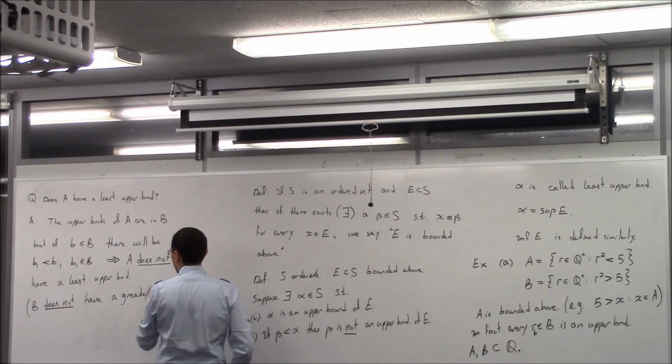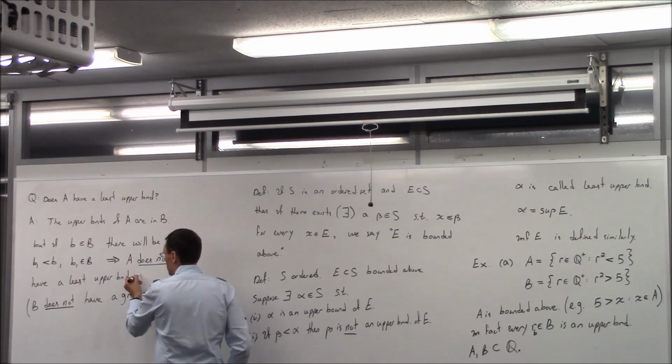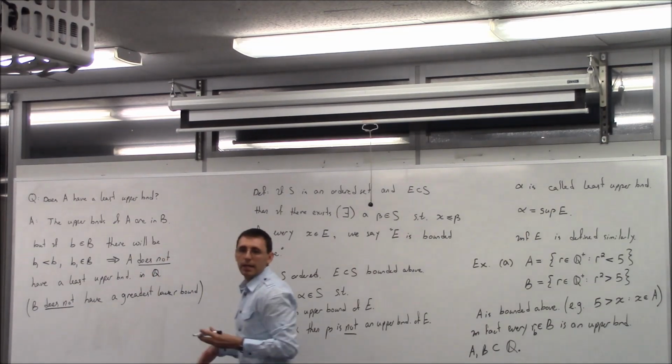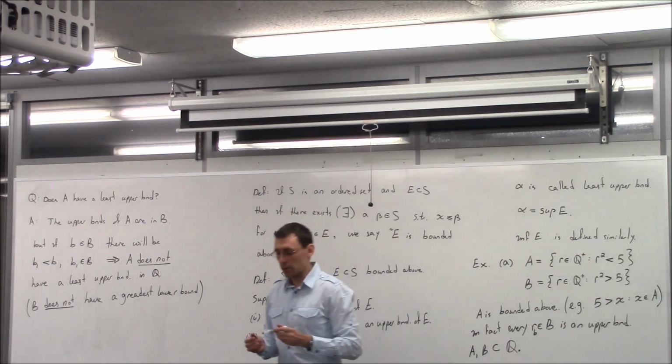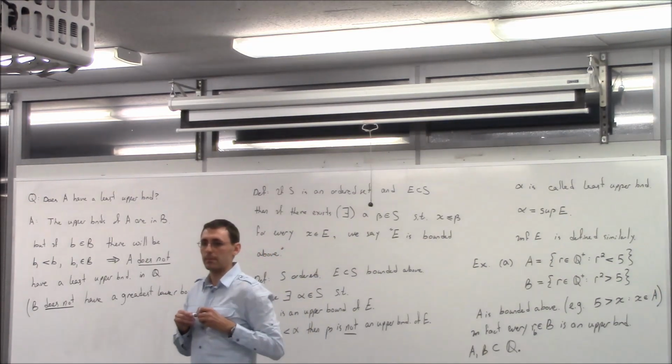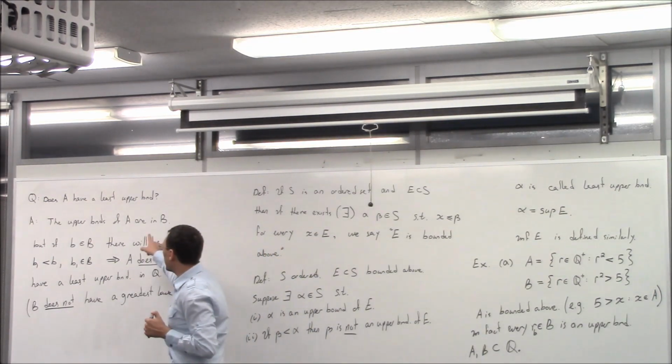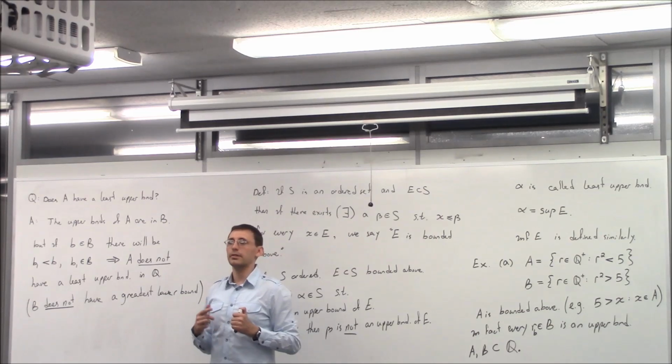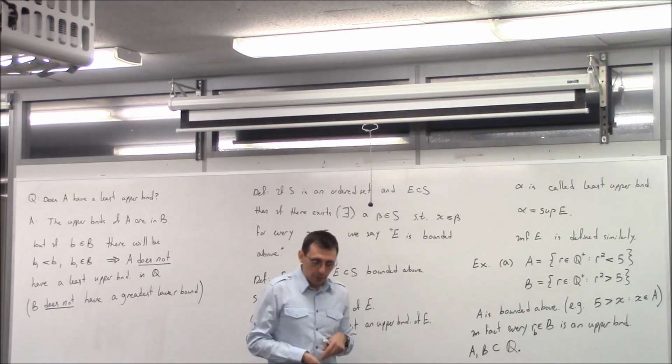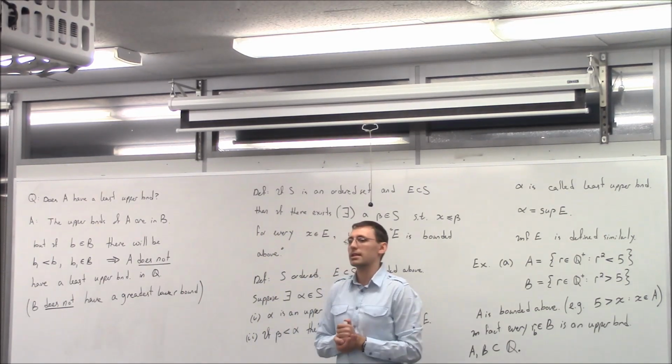And when I mention this, again, very important that you should keep in mind where? In Q. Right? If we take our ordered set to be Q, in that set there is no least upper bound for A and no greatest lower bound in B. Now again, those are confusing or technical terms. So let's try to ask a question.